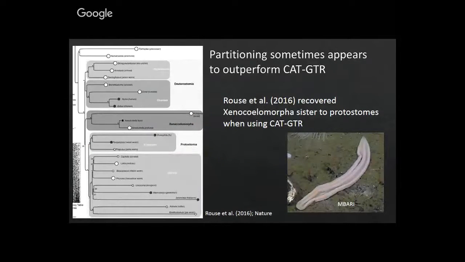In another paper that came out at the same time as the Cannon et al. paper, this was Rouse et al. This was a paper some of you may remember from either reading it or from some of the publicity that it got. It described some deep sea xenoturbellids, these purple sock-like deep sea worms. And so it was a really nice paper.